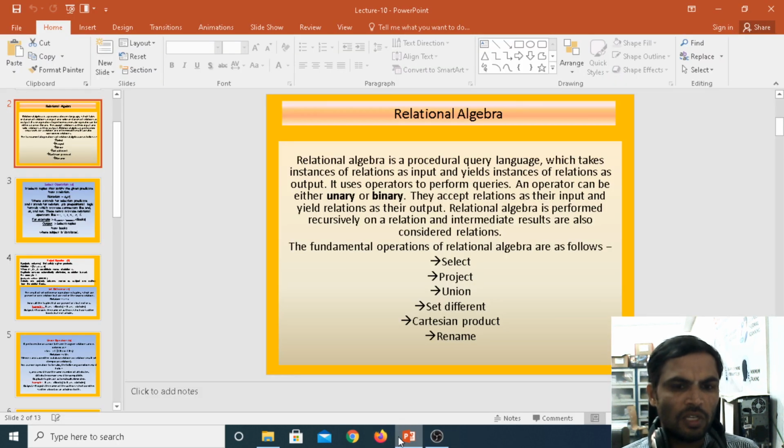Yeah, good morning. In today's class, we are learning about the relational algebra operations. In the last class, you learned about the relational model. Under the relational model, you learned about the SQL query, structured query language. Now, under the structured query language,